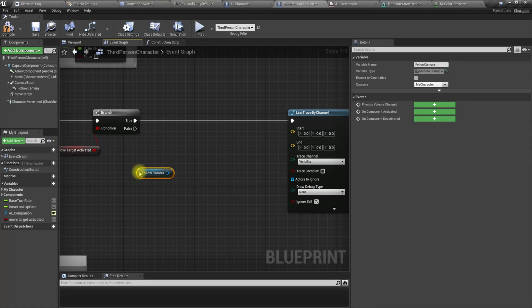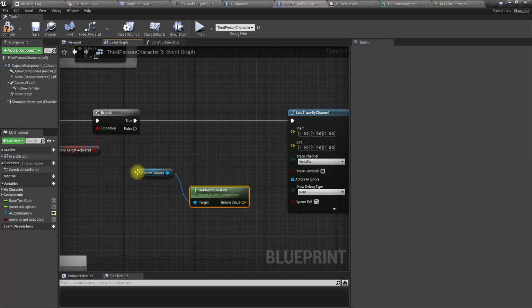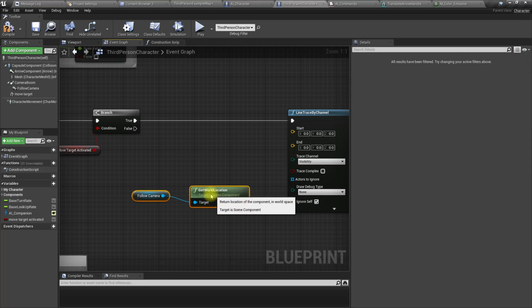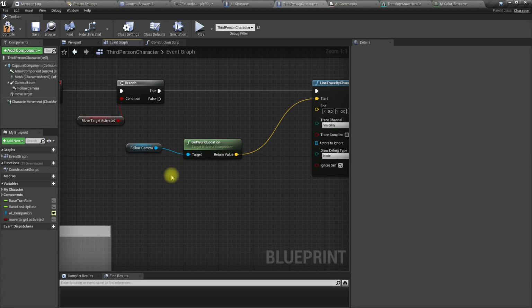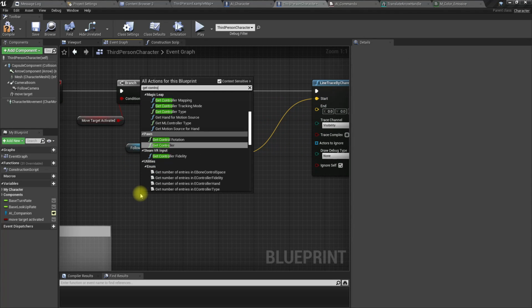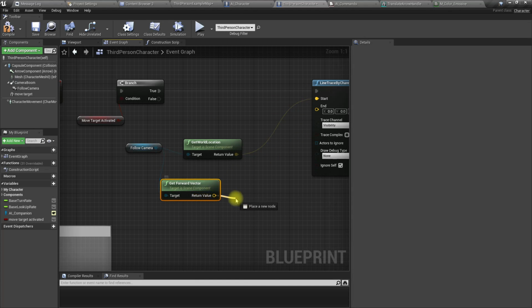So we can do a line cast from the camera to the direction camera is looking at. That's the start, and the end should be get control. No, from the camera we can get forward vector, and let's multiply this by a large value like 5000,